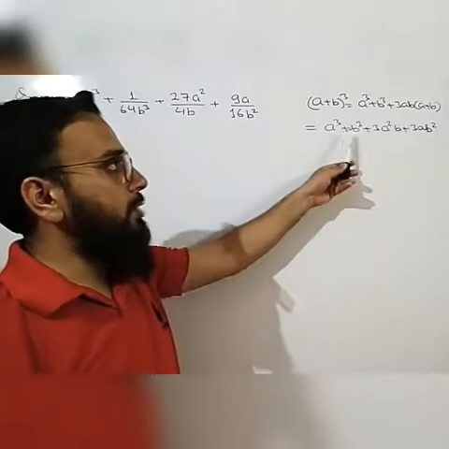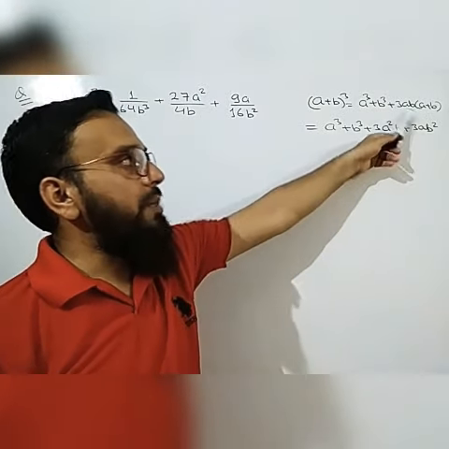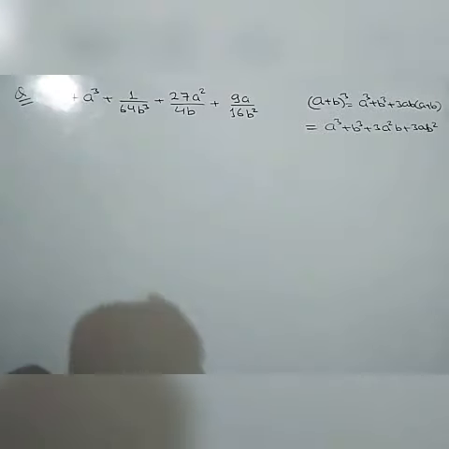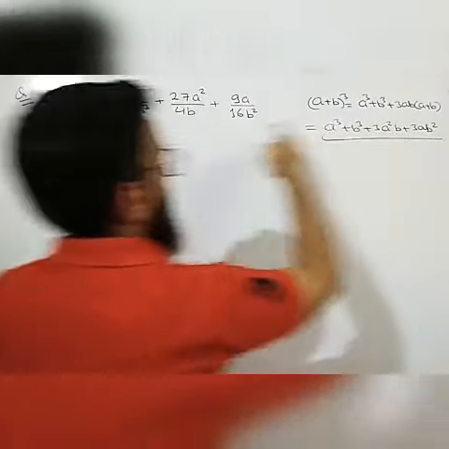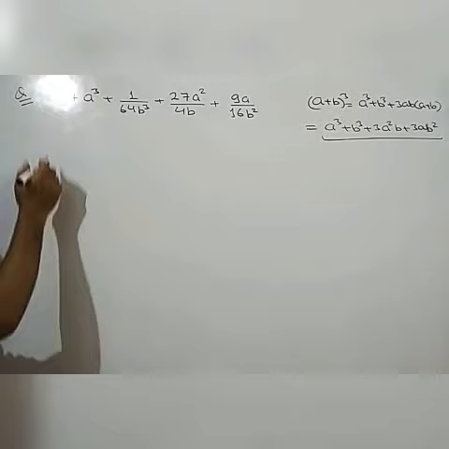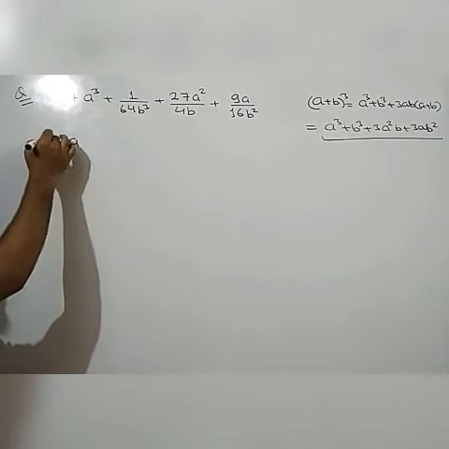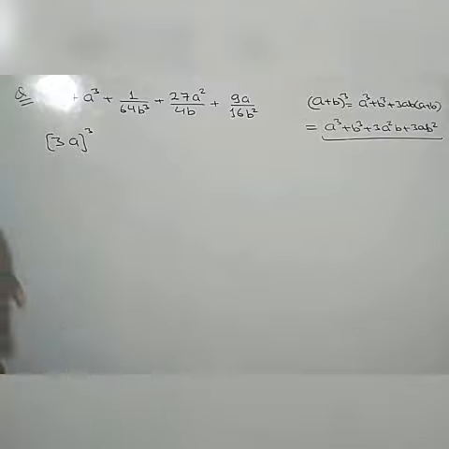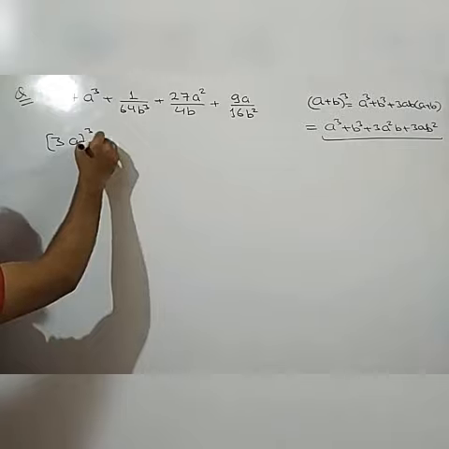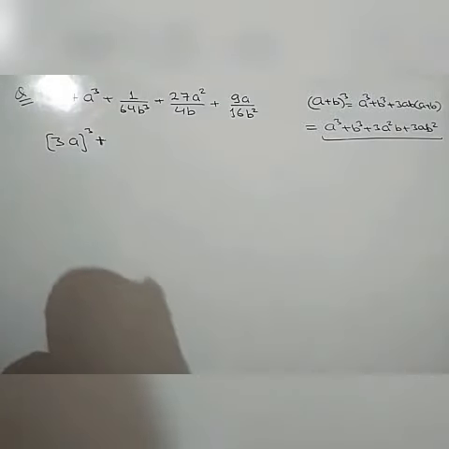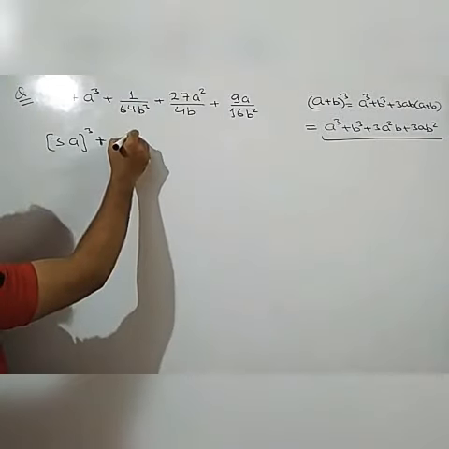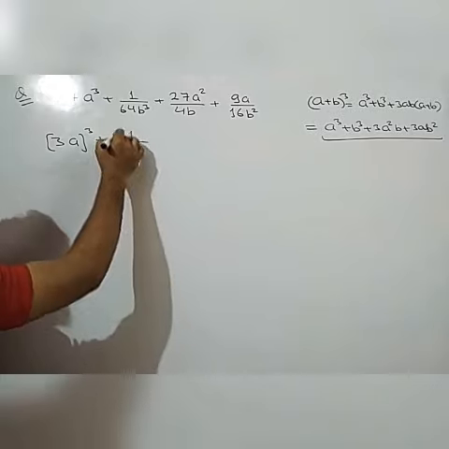The formula is a cube plus b cube plus 3ab into a plus b, and opening this term we will get a cube plus b cube plus 3a square b plus 3ab square. Now we will use this formula. We will compare the question with this particular formula. So if we compare the question, what can we write 27a cube as? We can write it as 3a whole cube, because 3 cube is 27 and a cube is a cube. Again, what can we write 1 upon 64b cube as? 4 cube is 64. 4 4s are 16, 16 4s are 64. It means we can write it as 1 upon 4b whole cube.